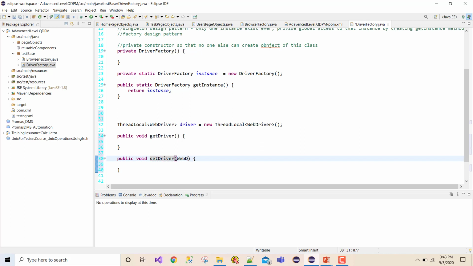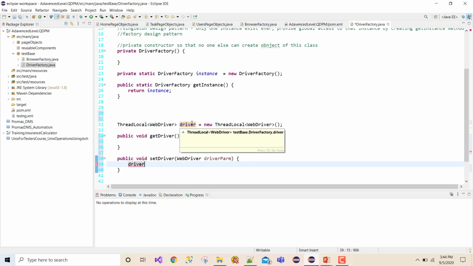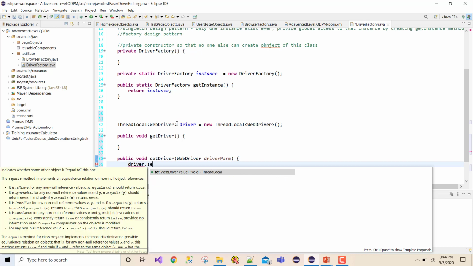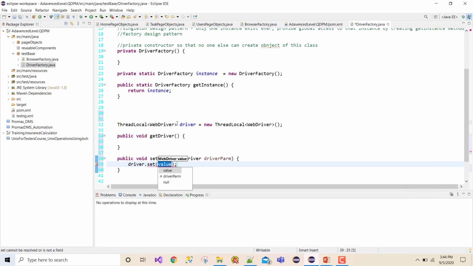What I need to do is ask for the WebDriver reference, which I need to set here. So I'll say driver parameter, and what I can do is simply say driver, right? Now what is your driver? Driver is a variable of type ThreadLocal, which is of type WebDriver, right? And I told you there are three methods, get, set, and remove. So now I want to set the value, so I will use a method called set, and here my value is